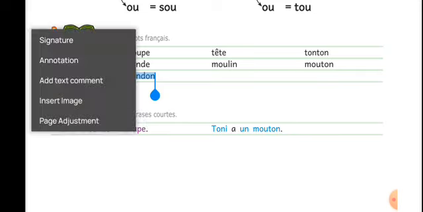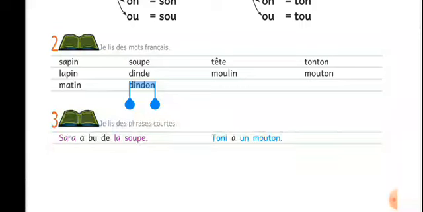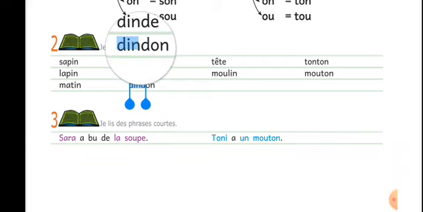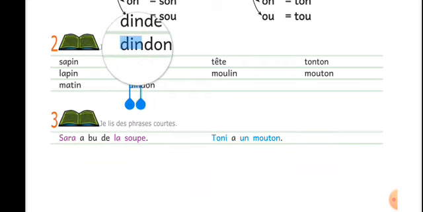So matin is the word for morning in English. Morning, not money, but morning, like good morning. All right. Next word, we have de plus un,